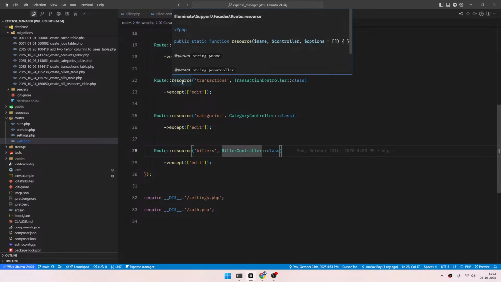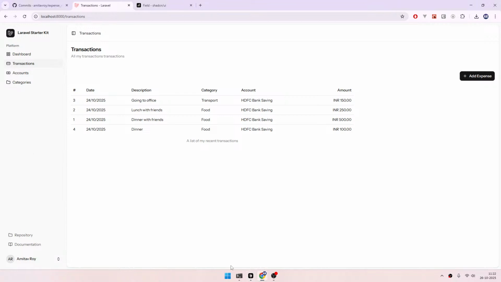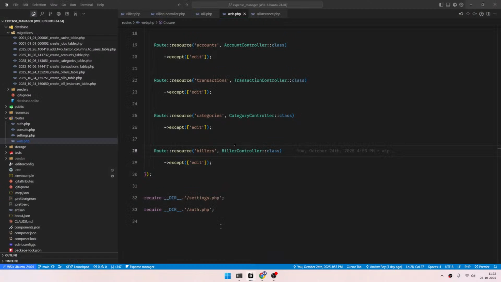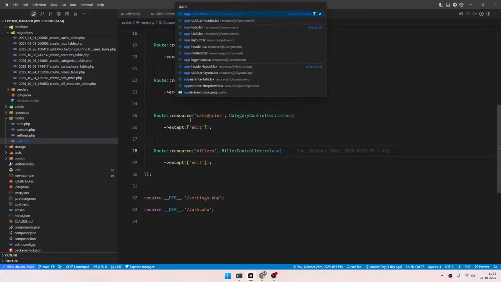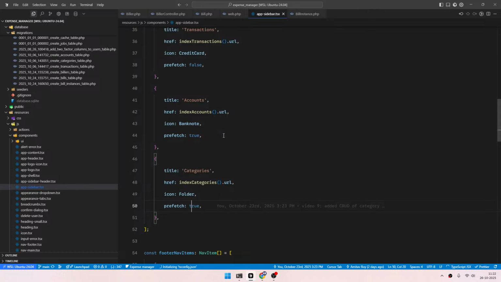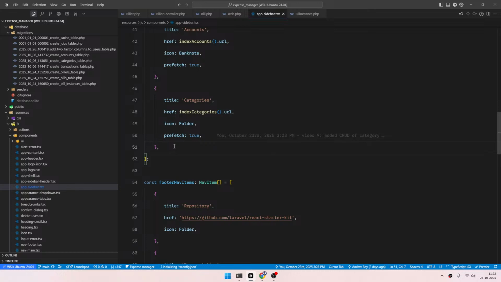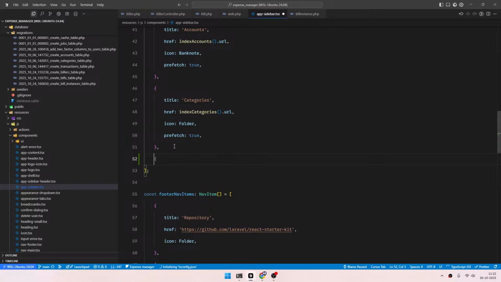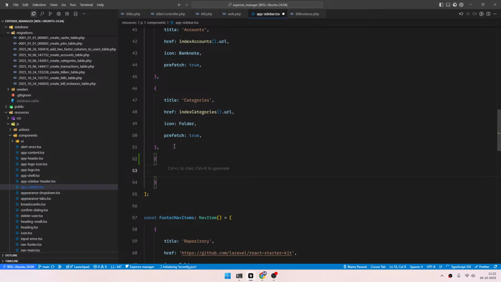First things first, let's get the side menu bar properly done. So app sidebar. Now I have realized one thing in Wayfinder, there is a better way of